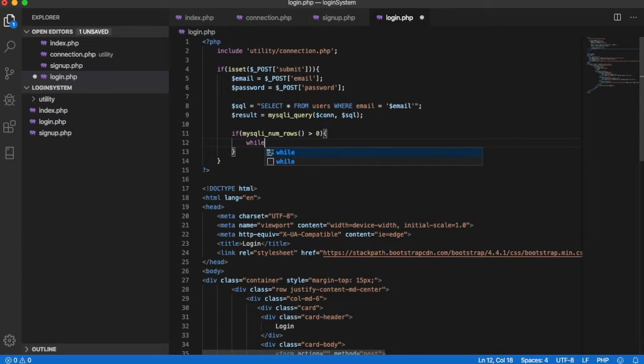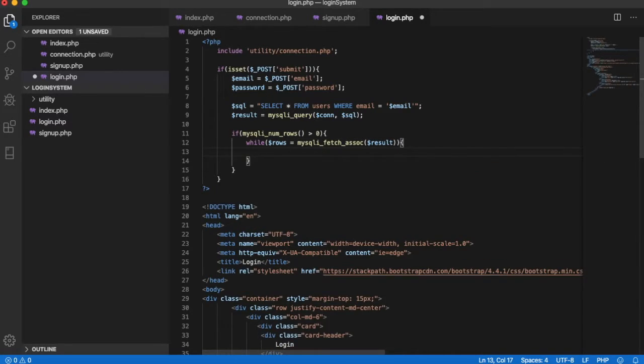So we will use while loop here. We will record the user information in record variable. So we will get the record in array. MySql fetch assoc. So we will provide result here,